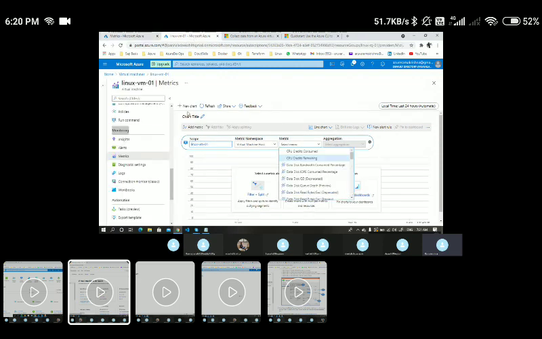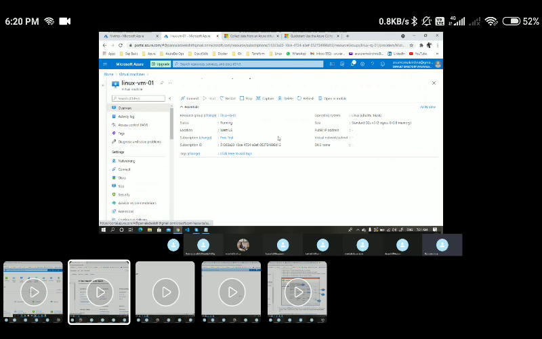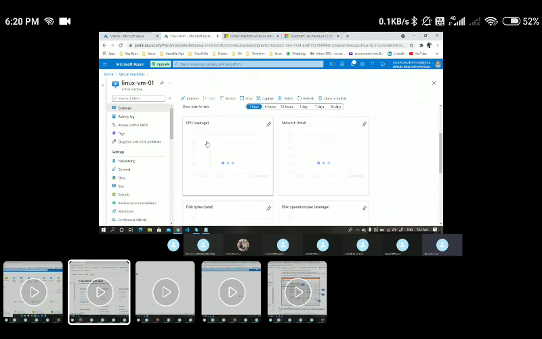If I come back here, let me go to the overview page. Here you can see a tab called monitoring, right? These are the default monitoring we generally do, but how they are captured, we'll show you now. If you see here, this is a CPU average they have taken. Let's see how we can take multiple metrics also. Here you can see they have taken multiple metrics, like total sum, total out sum.